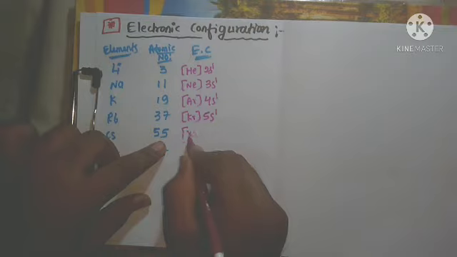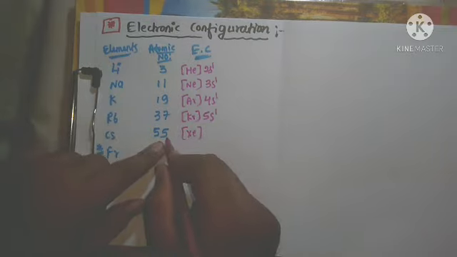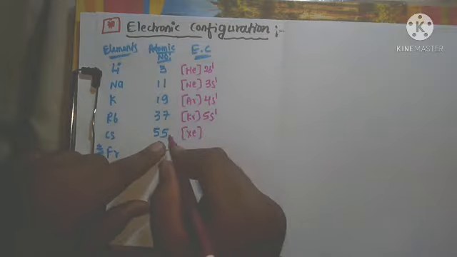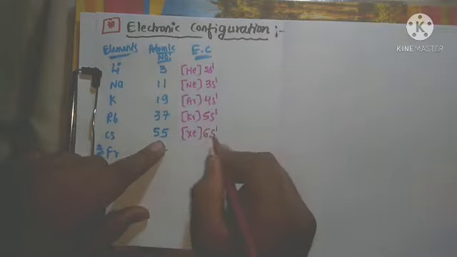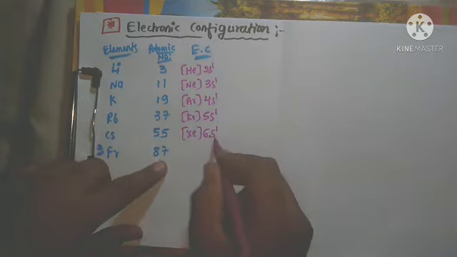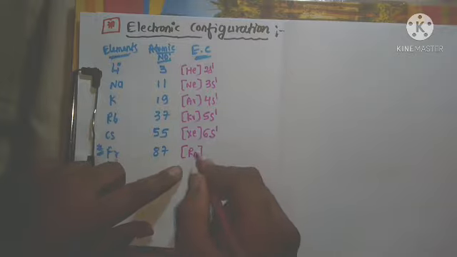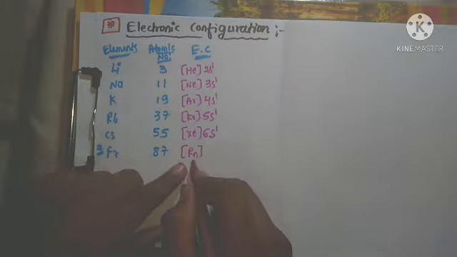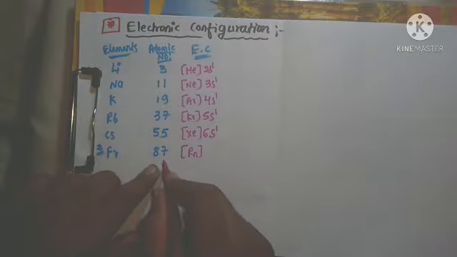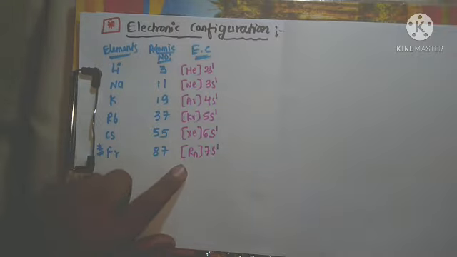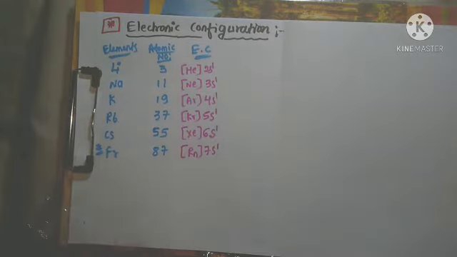Right, here it is xenon, atomic number is 54. 54 electrons from the cesium enter into the xenon configuration, and 1 electron is left because it is having 55, that electron enters into the 6s orbital, therefore it is 6s1. Similarly here it is radon, and here atomic number of radon is 86, 86 electrons enter into the radon configuration, and 1 electron is left, that enters into the 7s orbital. Now this is the electronic configuration of the group 1 elements.